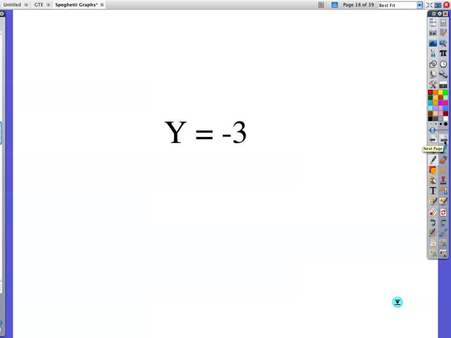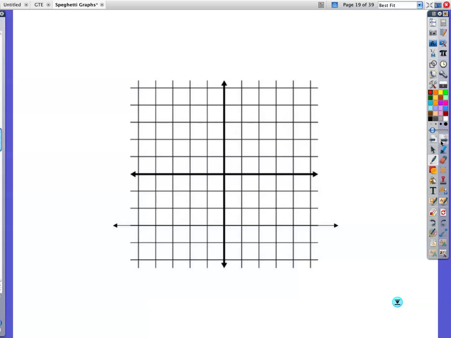Y equals -3. Notice this time I don't have an x up here. So if it's not showing, that means I have 0x, which means I have a slope of 0 and I have a y-intercept of -3. So a y-intercept of -3, slope of 0, and think about your arms when we do the linear dancing in class,